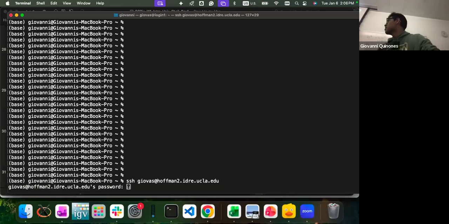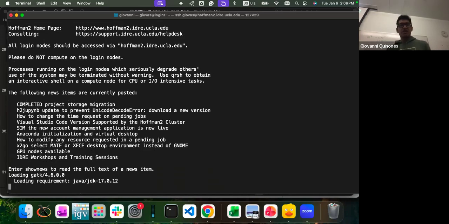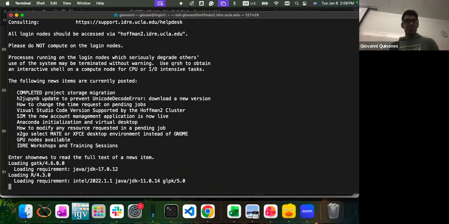Cool. Now you press enter and it's gonna ask you for your password. And you should be logged in.